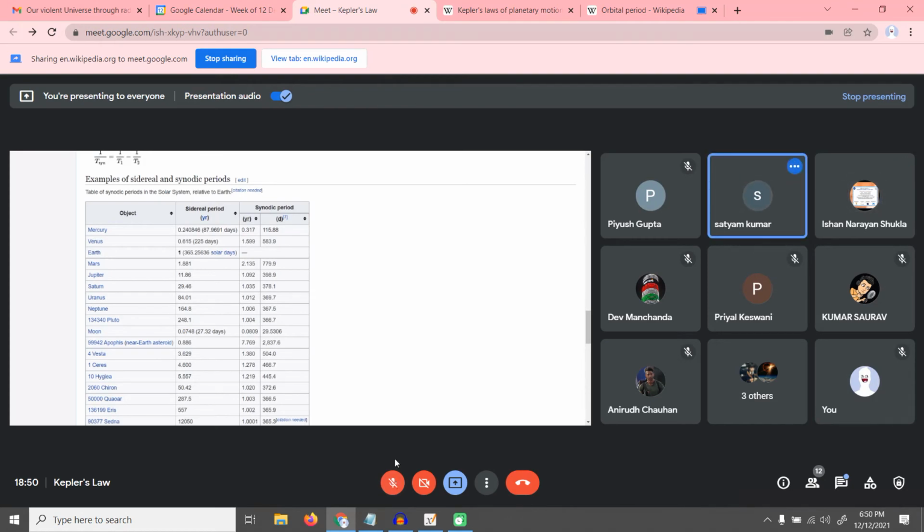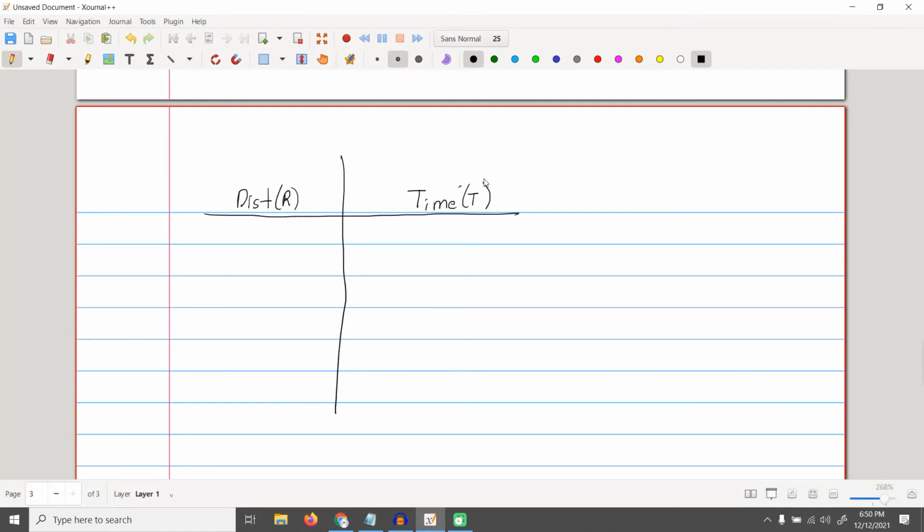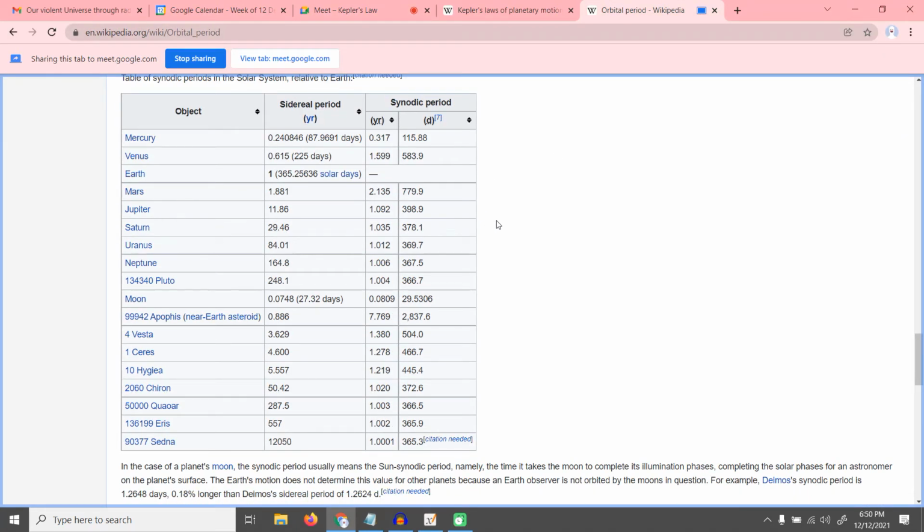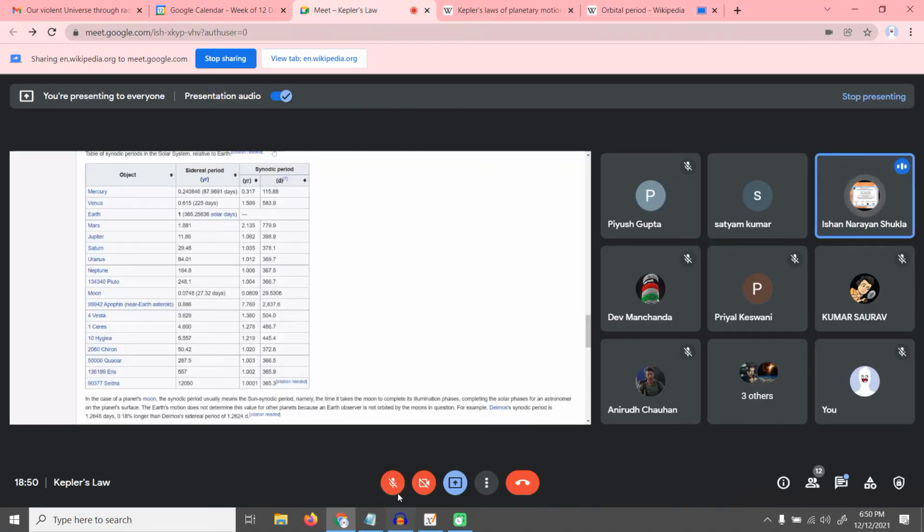Yes. Okay. Now, this is the data that you have. Sir, I want to ask: we have to measure distance from Earth, right? No, we are measuring the distance from the sun. Okay, these distances are from the sun. Once we measure the distance from Earth, we know how far Earth is from the sun. We can tell how far the object is from the sun using the properties of the triangle. We can always find this out.